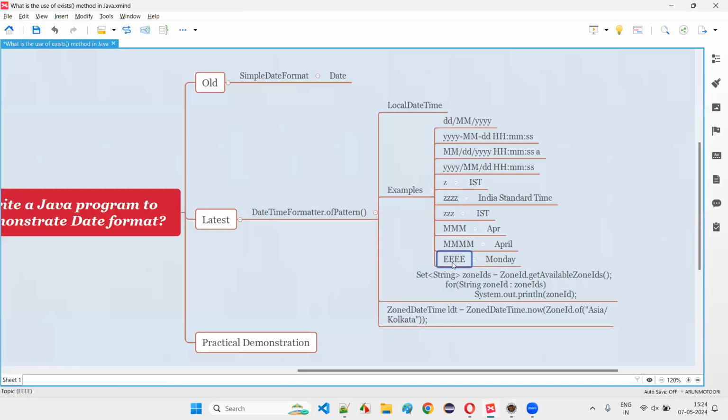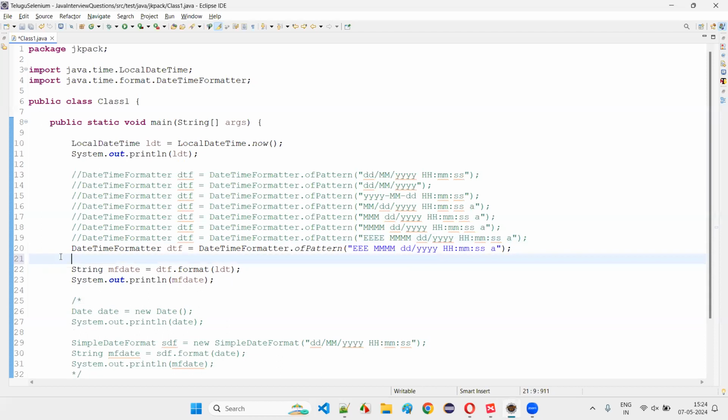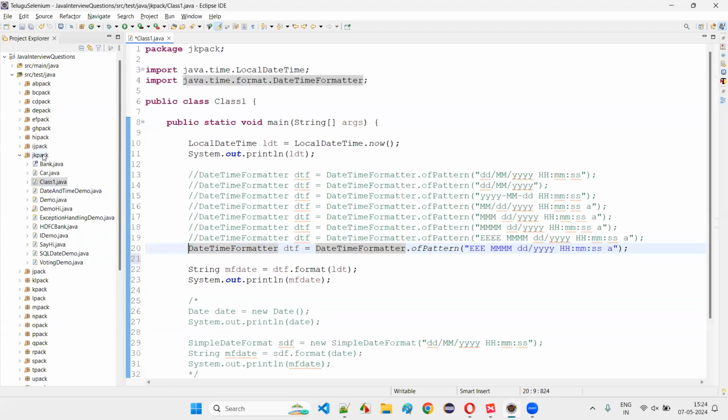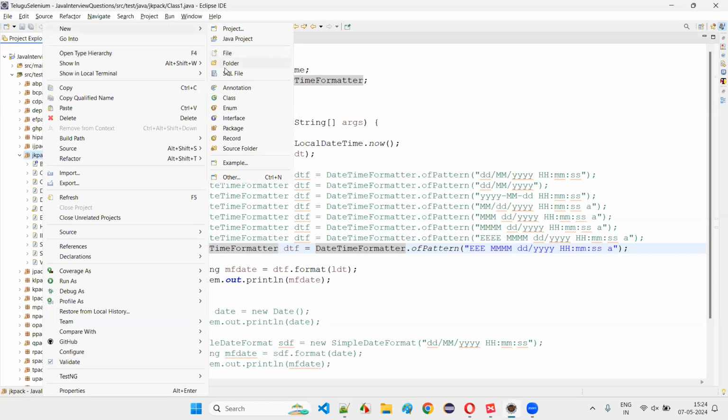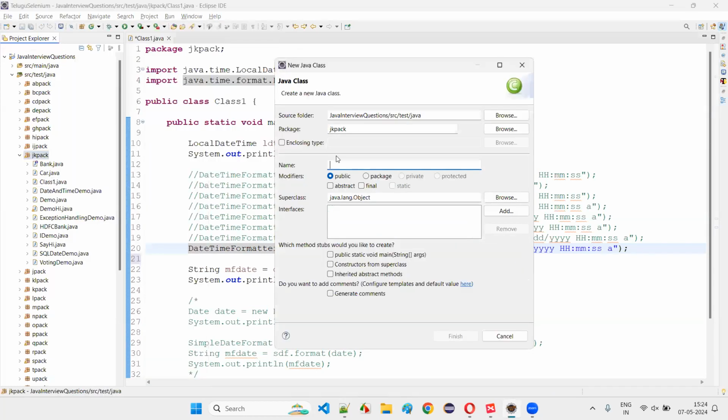And then finally we can go with the time zone, that is, which time zone you belong to. So first of all, to understand the time zone, guys, I have to explain something new for you. I'll just comment this out, and go to one more class here because I need to explain about time zones separately. If you want to answer the questions, you can easily answer, no problem. But you should have the knowledge. That's the reason I'm combining the knowledge along with the answer for this interview question